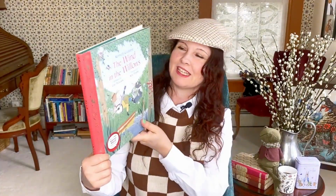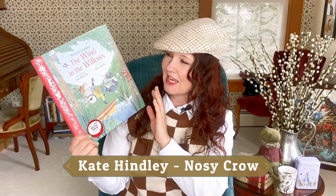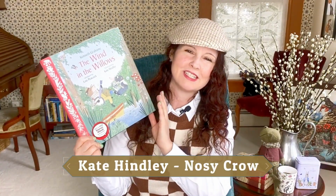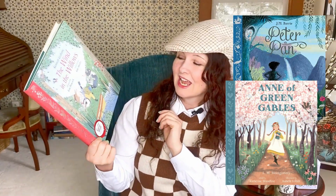Okay, so now I'm going to start with the adapted versions of The Wind in the Willows that I have. And I've shown you guys this version of Pollyanna several times, illustrated by Kate Hindley. And so I was so excited when I discovered that Kate Hindley, who is based in Bristol in the UK, had illustrated a version of The Wind in the Willows. And this is by Nosy Crow and they have several of these adapted classics. They have The Secret Garden and Heidi and Peter Pan and Anne of Green Gables,